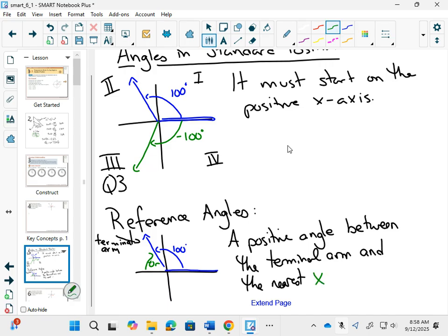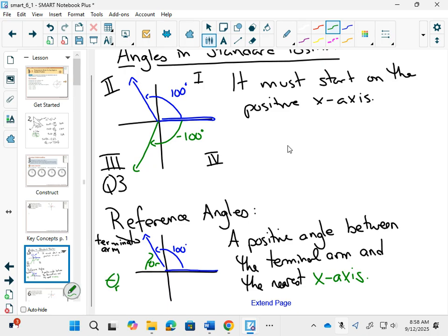And I'm going to change the color here because this is important. It's not the nearest axis, it's the nearest x-axis. Because sometimes, like this 100 degrees, you'd be like, oh, that 100 degrees is so close to my y-axis. Maybe I should make my reference angle 10 degrees. No. Your reference angle is always to the nearest x-axis,